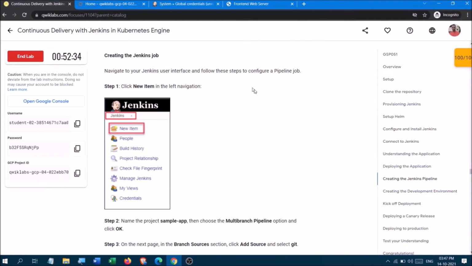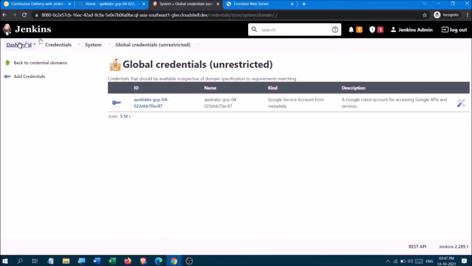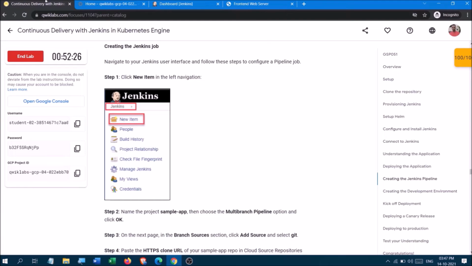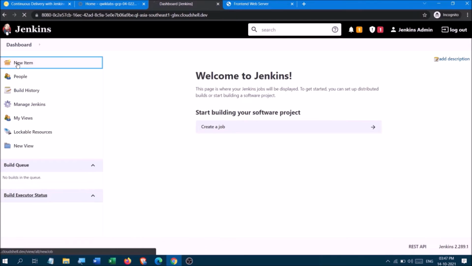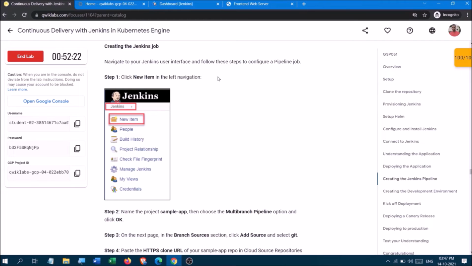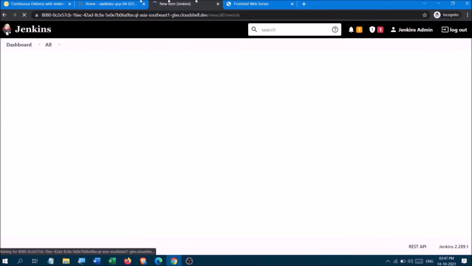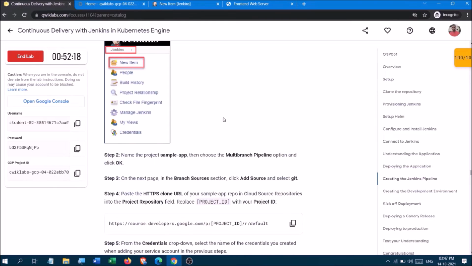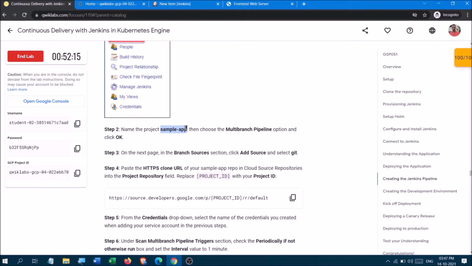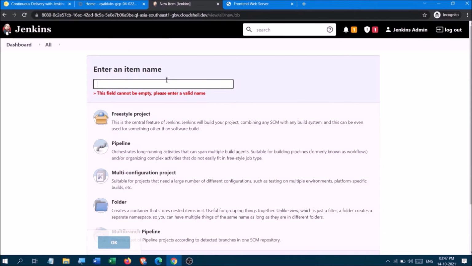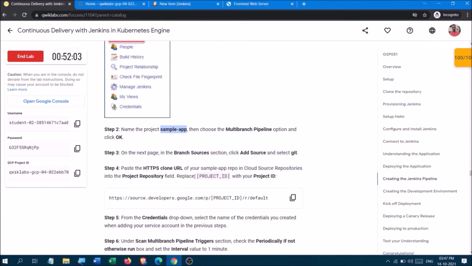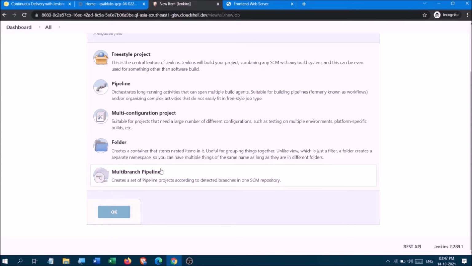Now what you have to do is creating the job. Okay, now go to Jenkins, new item, sample project. Okay, and what it is, multi branch pipeline.